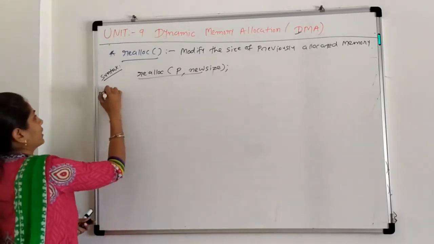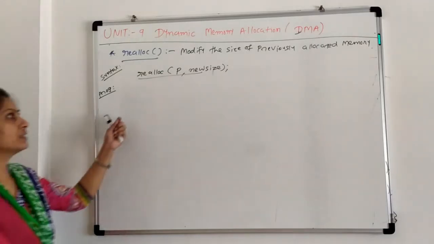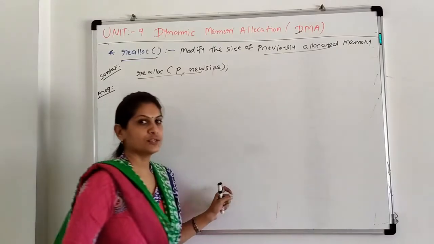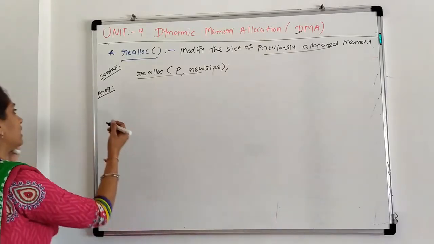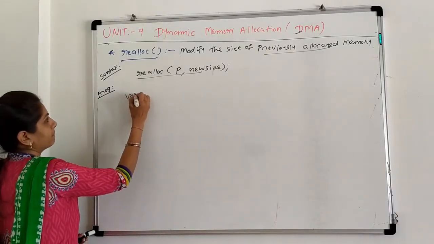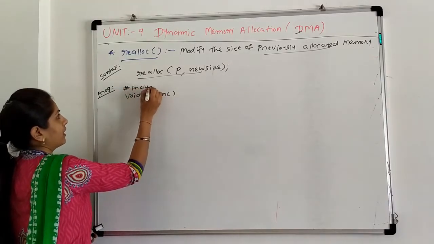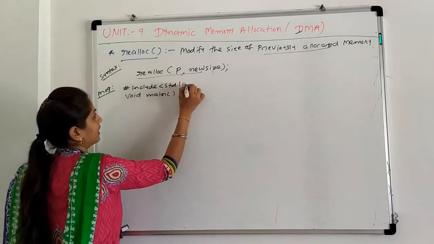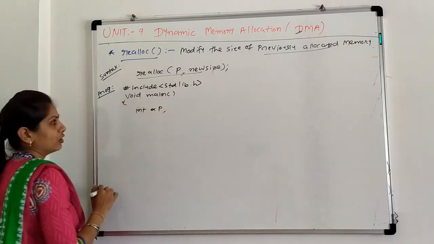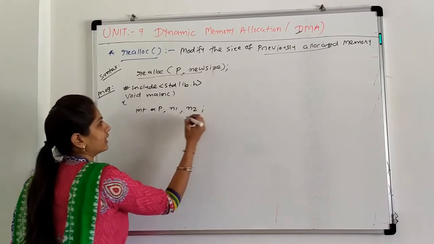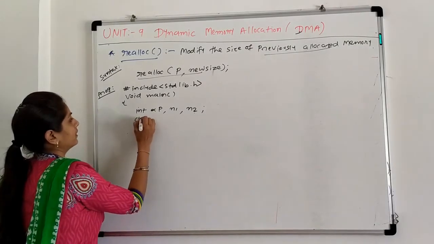Let us start with a simple program. First we are allocating memory with the malloc function. Then you can change the size of the previously allocated memory. So previously we allocated memory with a malloc function. So here we are making a program, void main. Always before void main, which header file do we need? #include stdlib.h. Inside void main we are allocating memory with the malloc function. There are two sizes, n1 and n2. n2 is our new size, n1 is for the previously allocated memory. Then clrscr.